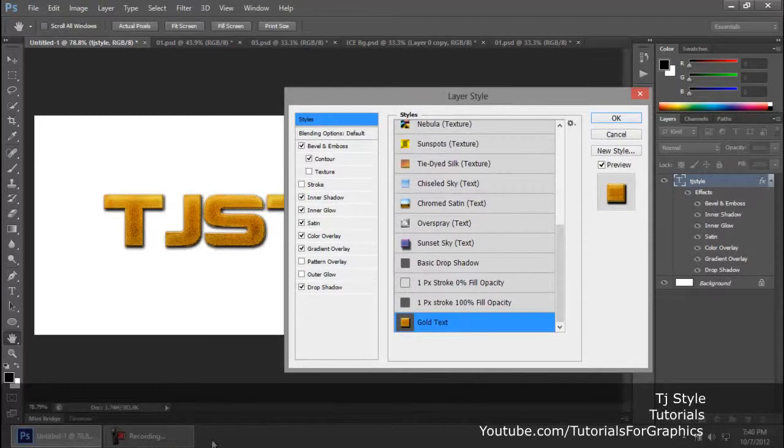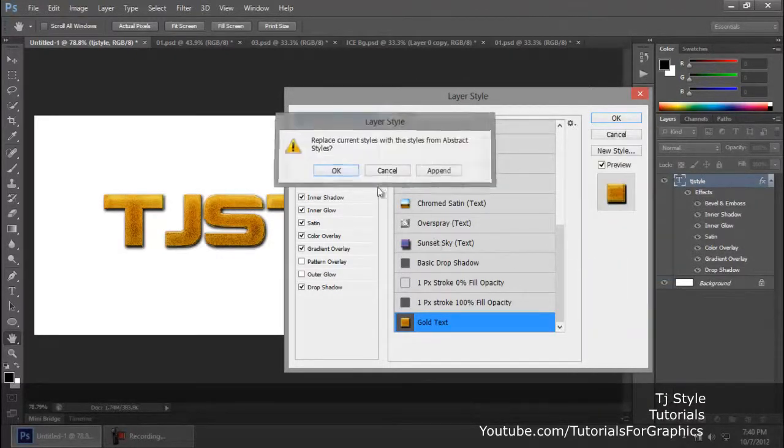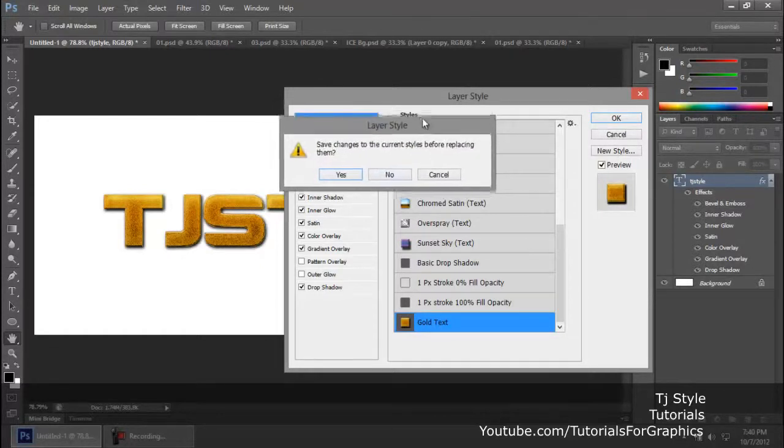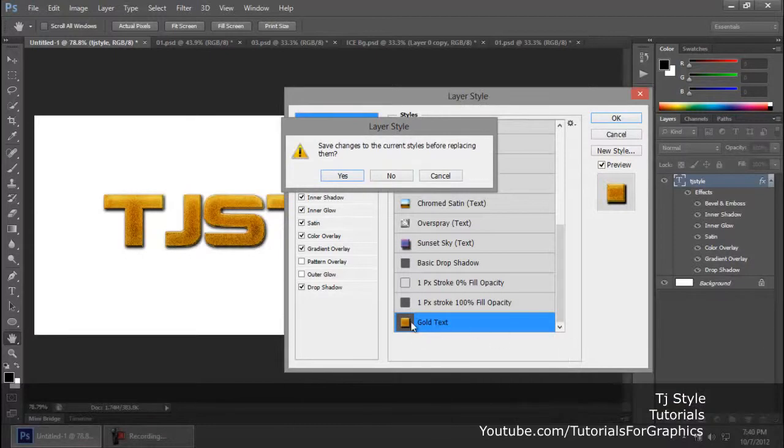There are some default ones, guys, that are created by Adobe Photoshop also, the Adobe company. Click on this gear option and go to Abstract Styles, click OK. And this is actually a good thing that this dialog box came up. See, guys, right now we have saved our gold text layer style, right? Adobe Photoshop is asking us whether we want to save it, because right now we are changing the set from default to abstract styles.